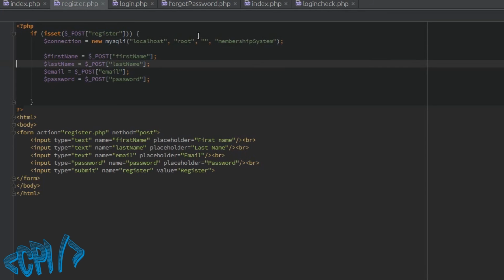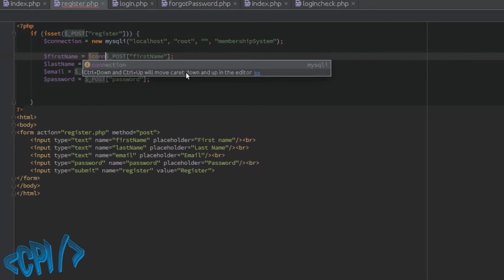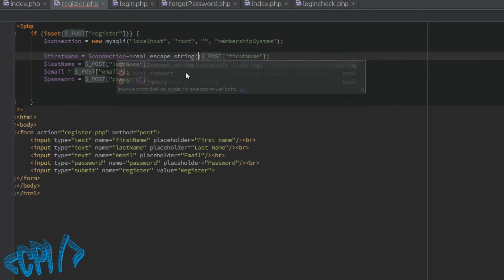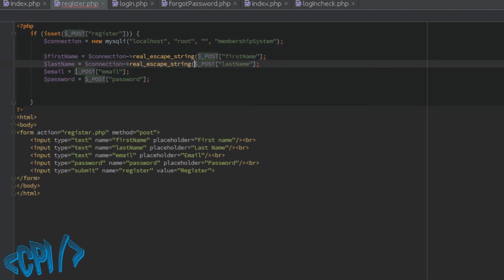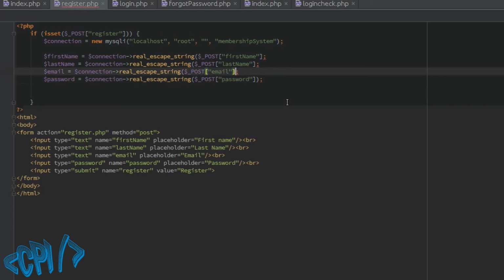Okay. The next thing is we need to escape all those inputs, because that is a recommendation to do always when you send some data from the browser and store it to the database, just in case that someone potentially puts SQL in action and hacks your database. So we are going to put here connection real escape string. Okay, so let me just copy paste this for all inputs, and we need to close brackets. Okay,